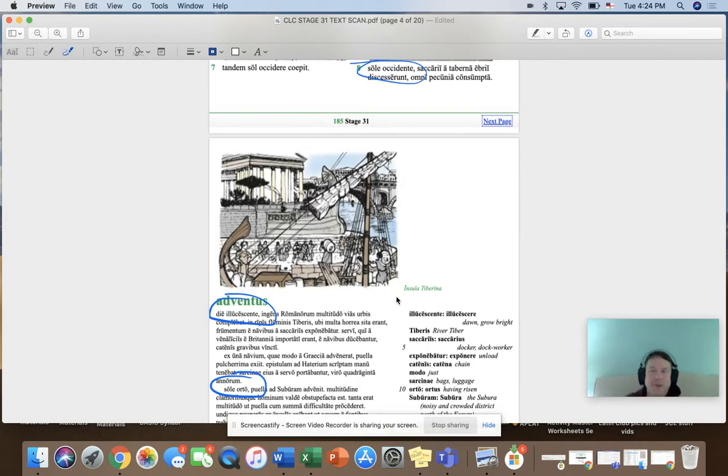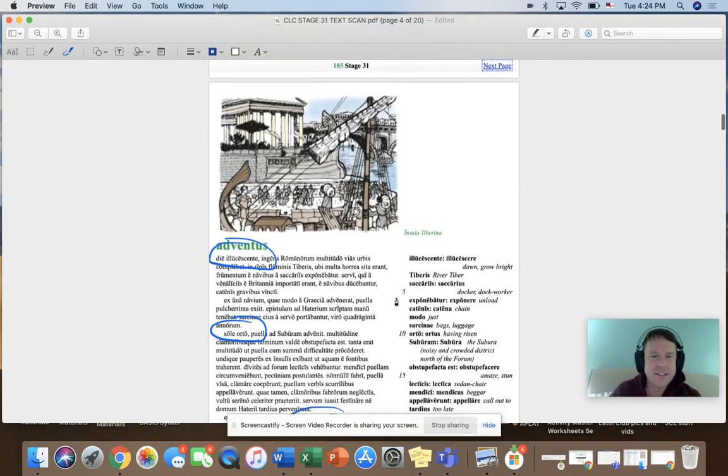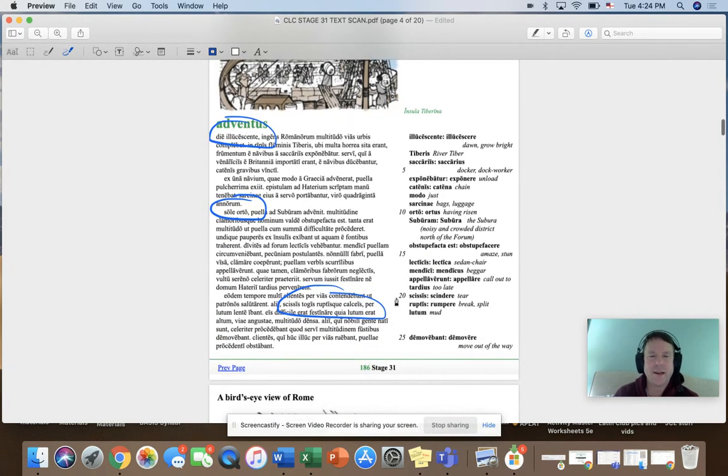Looking at Ventus here, everybody, check this out. Even in this story, we had a couple examples. There's with the day dawning again. And notice here, sole orto. Orto is from the verb that means having arisen, so it's actually a perfect active participle. We're doing the same exact thing: with the sun having arisen. Here, with togas torn, with shoes broken, split.